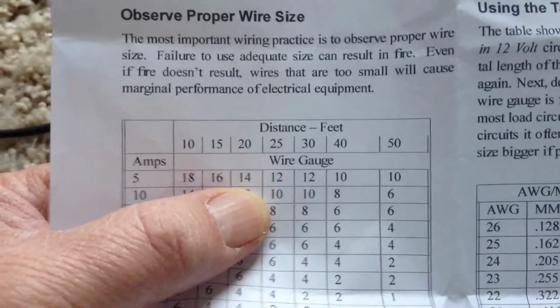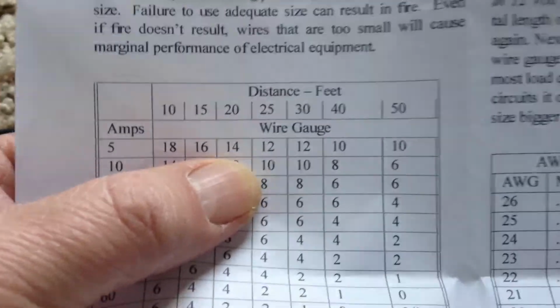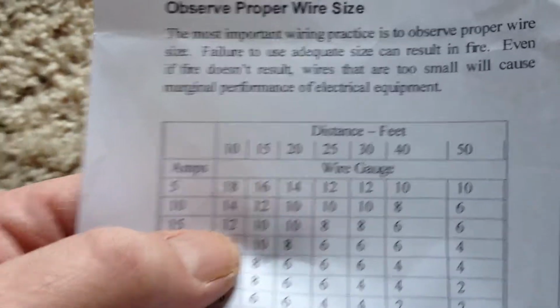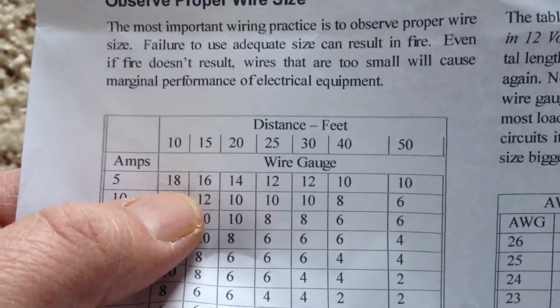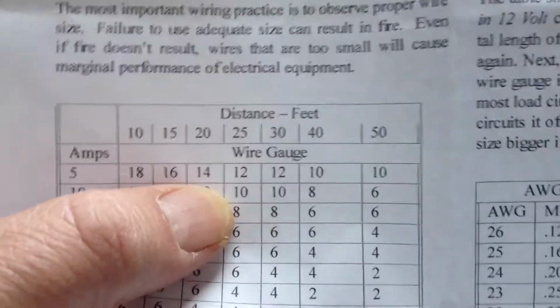Another factor you'll want to know and read about is your wire gauge, and the most important factor is the distance from where it connects to the solar panel to where you're going to be plugging in. For instance, you can look up these charts. For 5 amps, 10 feet, you can have 18 gauge wire; 15 feet, 16 gauge. I have 14